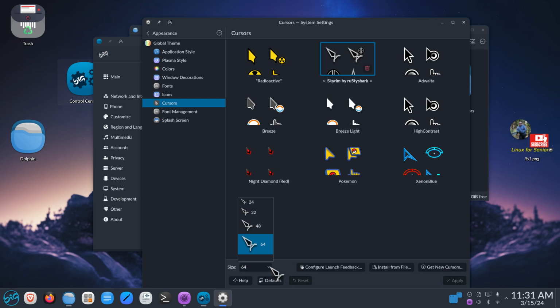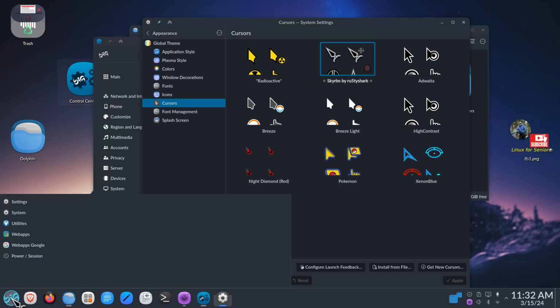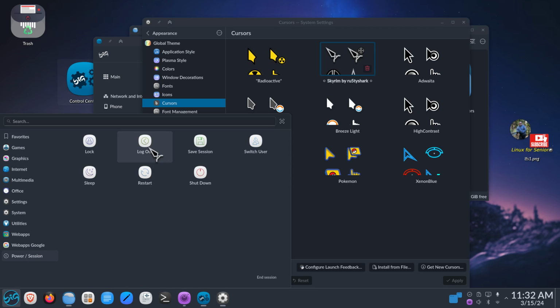That one goes from 24 to 64. Now, I want you to notice one important thing, because anytime you change cursors, I started filming with Xeon Blue, and it's still here. The reason I'm getting remnants of my new and old is because I haven't done this yet. At a bare minimum, you should log out and back into your system if you changed a mouse cursor,